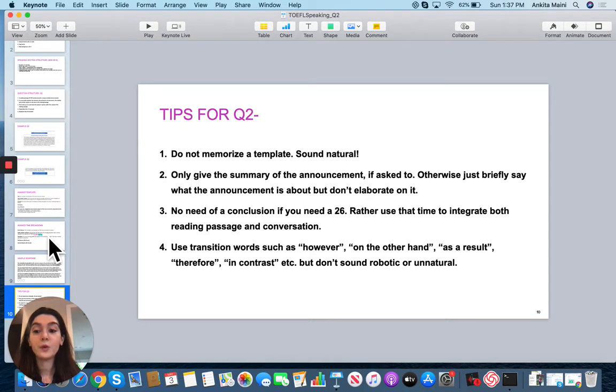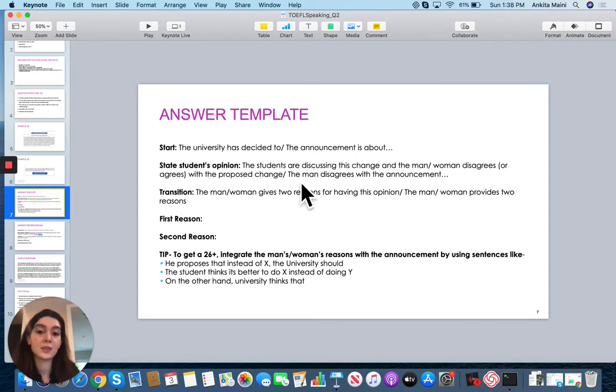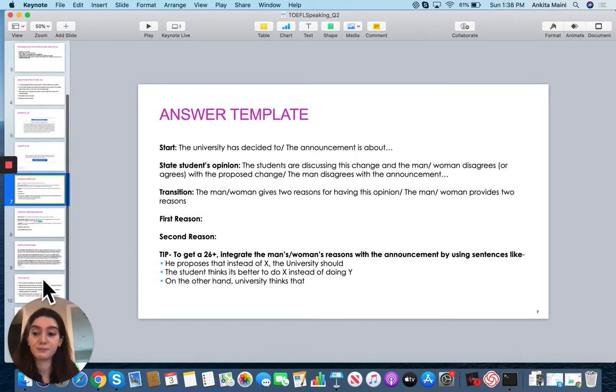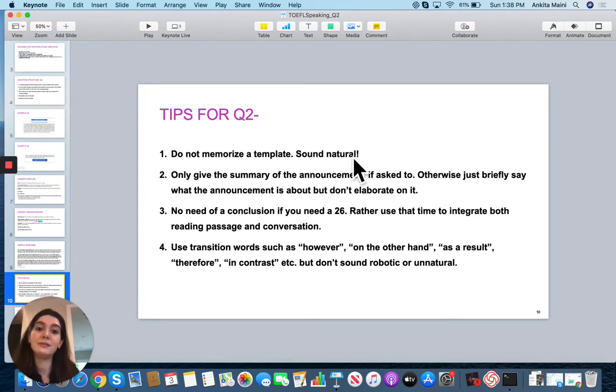So now I'm going to give you a little bit more tips for this question number 2. And my first tip is something that we just talked about, that do not memorize the template, rather use this template to give natural sounding responses. And your job is to sound natural, especially if you want a 26. So these templates are really good to get inspired, or they're really good for someone who needs a very high score but necessarily doesn't need a 26 for their professional license. So you can use these words as an inspiration and feel free to use these. But make sure you still sound natural. That's really the key here.